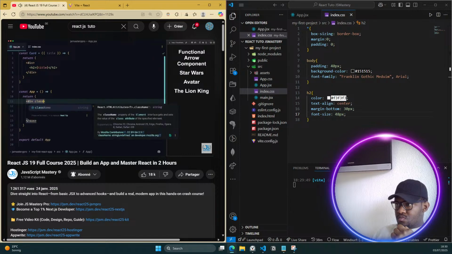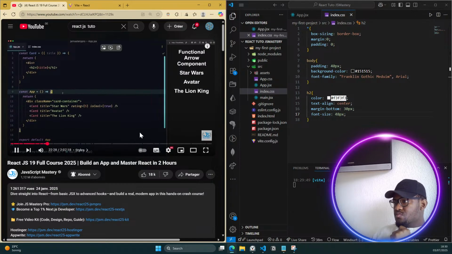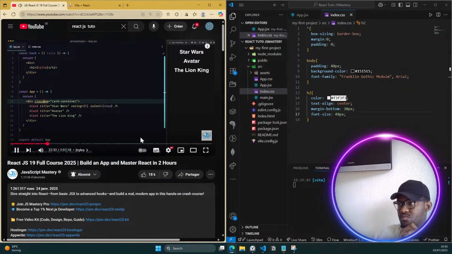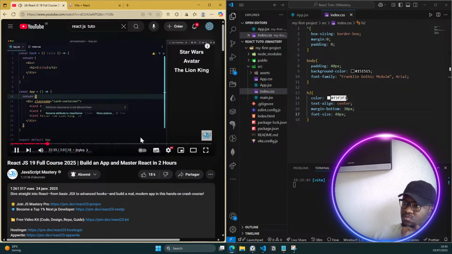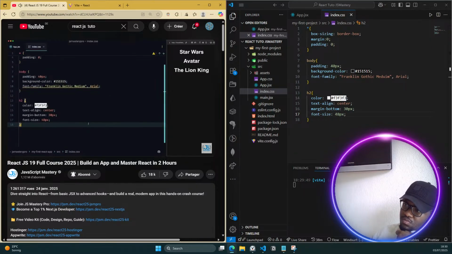And now we can give this div that's wrapping these three cards a class name equal to card-container. Notice that unlike styling HTML, you don't have to say class name all lowercase. In React, it actually has to be uppercase N in className. Now you can head back over to index.css and style that class name by saying .card-container, and then you can